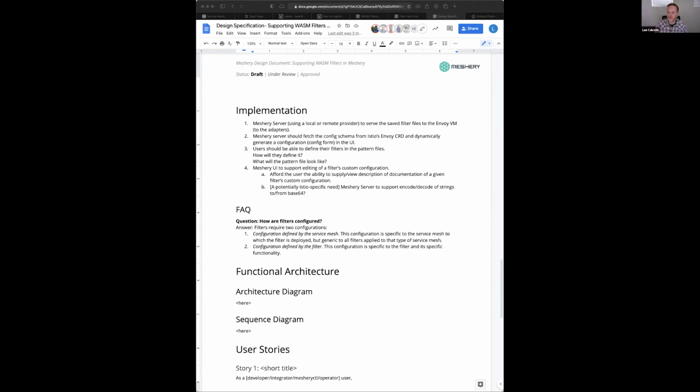So correct me if I'm wrong, but this FAQ here may help in the language that we use or the discussions that we have. And so I think there's two configurations that we're concerned with. One of those is a configuration that's service mesh specific. The service mesh that you're using